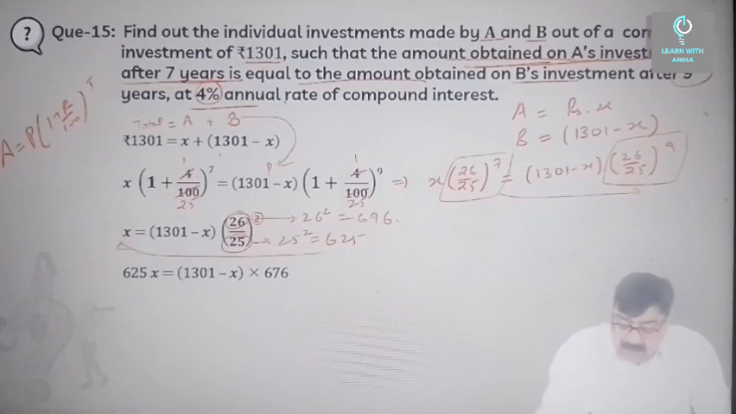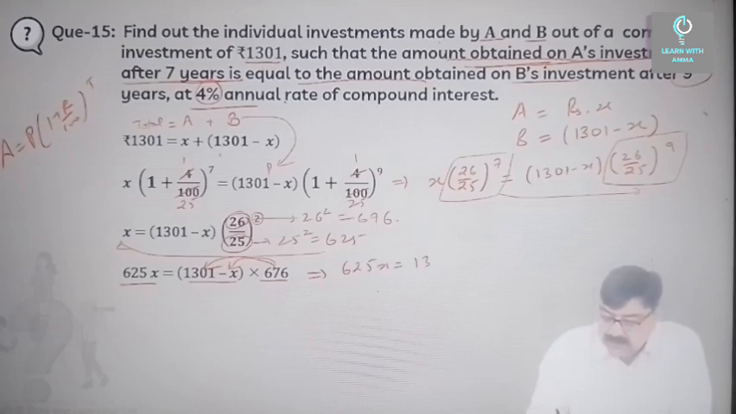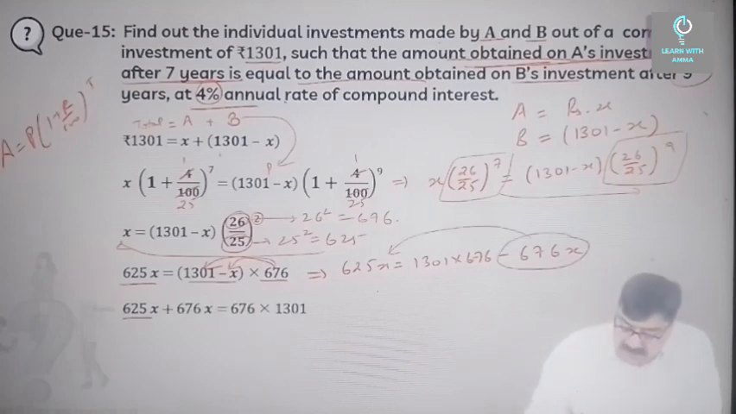It will go here, become 625x. So 1301 minus X into 676 is what we will be left with. So when we open this, we get 625x is equal to 1301 into 676 minus 676x. Now, nothing to be afraid of. We'll just take it to the other side. So now we get 625x plus 676x equals 676 into 1301. Resolving this, 625 plus 676 is again 1301,